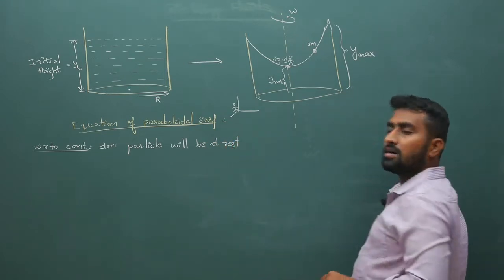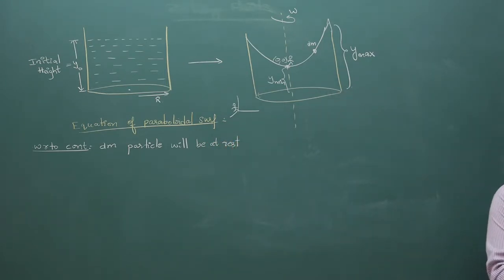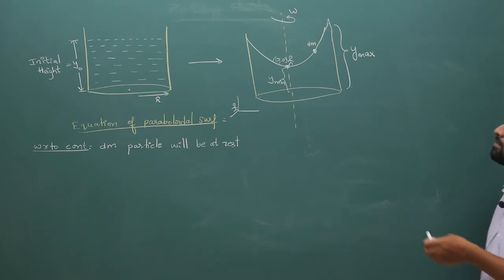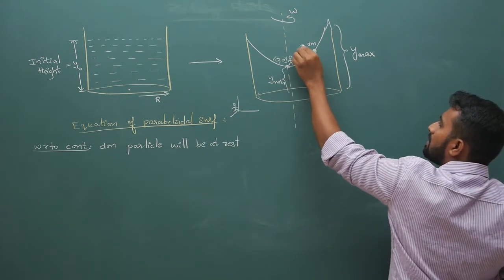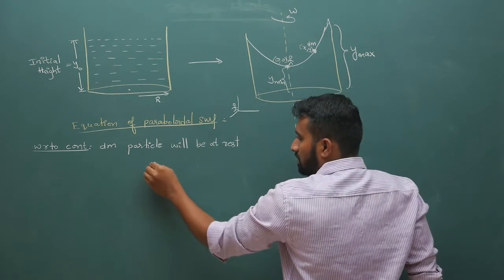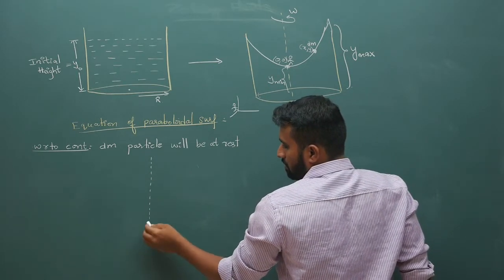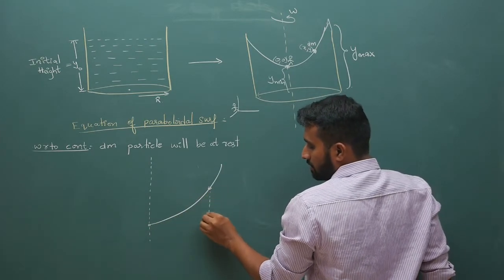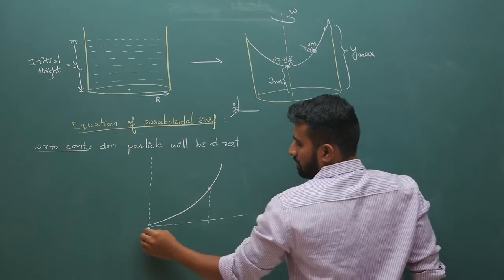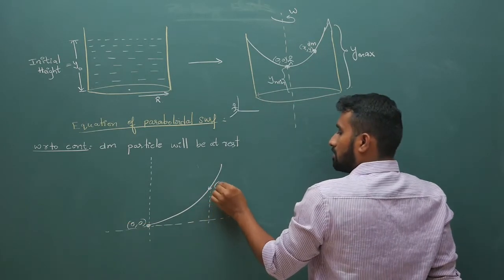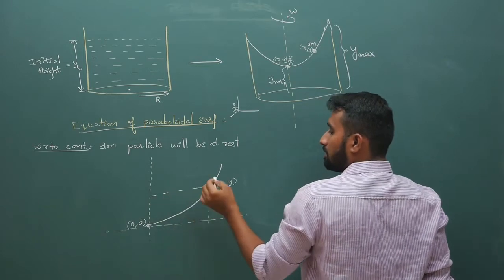From the ground frame, dm will be going in a circle. It will be accelerating with centripetal acceleration a equal to x omega square. But with respect to the rotating reference frame, this particle, which is at some point x comma y like this, is going to be at rest. So now if you take the figure here again, and take this point as 0 comma 0, this will be some x comma y.